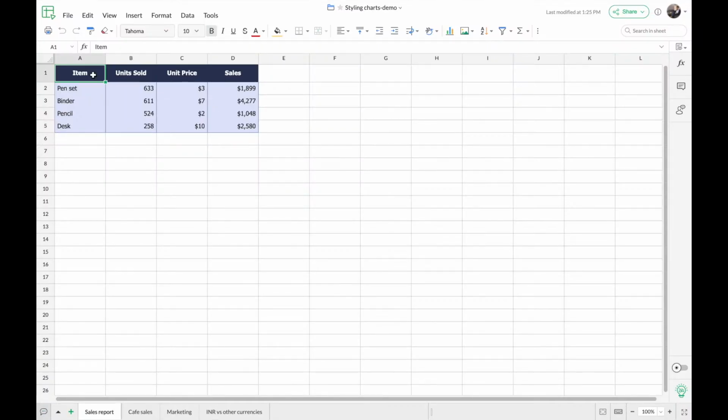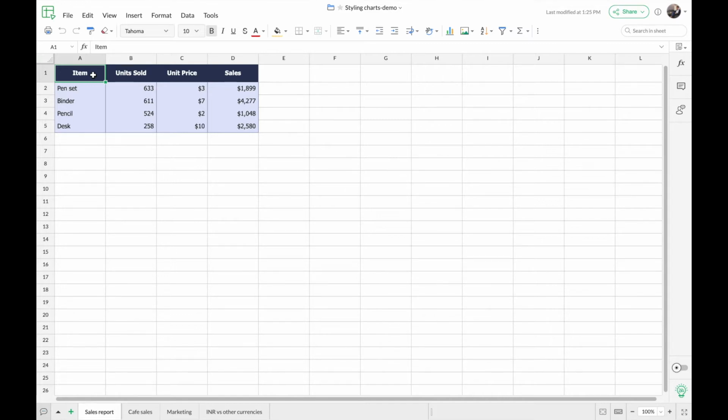So now we'll jump into the demonstration, and I'll show you how I had achieved all these customizations using the various options provided by Zoho Sheet. So I have different example data sets that I'll be using for showing the various customizations. So for the first two examples, I'll be showing how you can create and style the chart. So I'll be creating the charts from scratch, and I'll be showing how you can customize it. And for the other examples, I'll be showing the customization part alone.